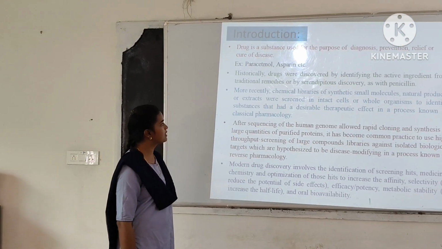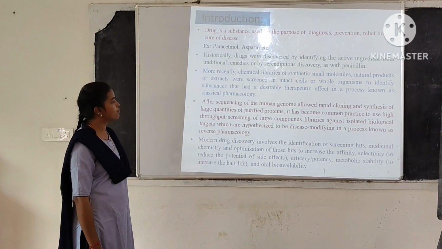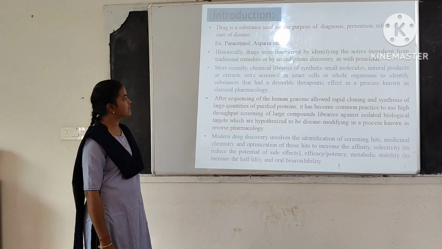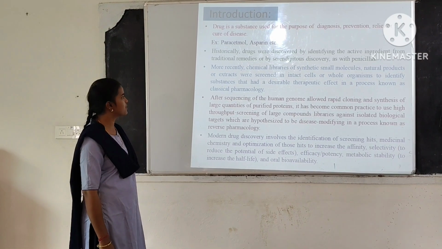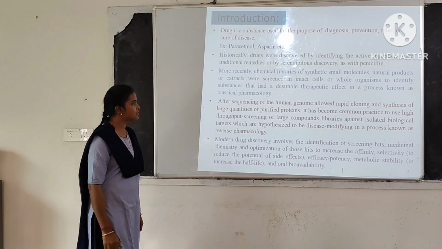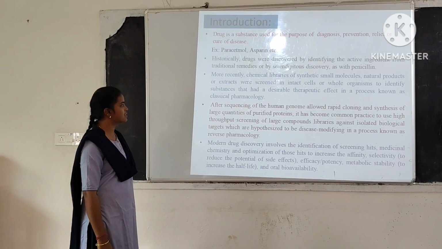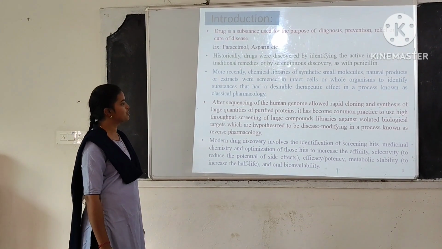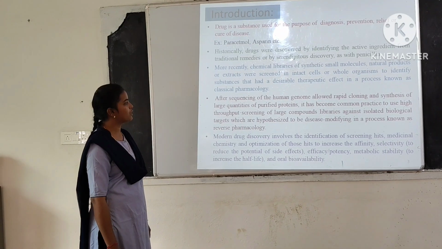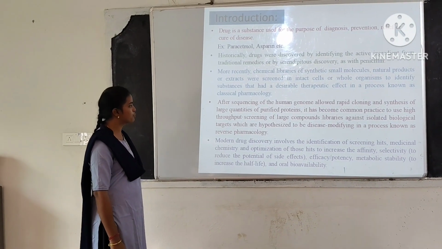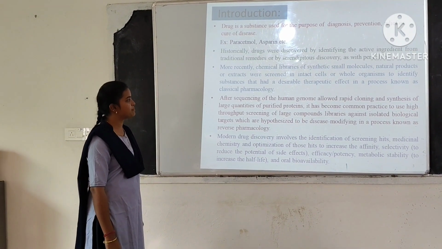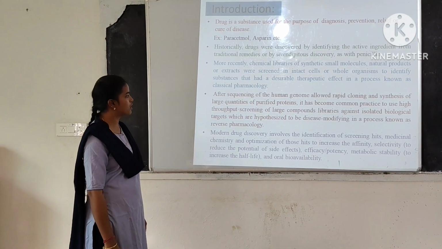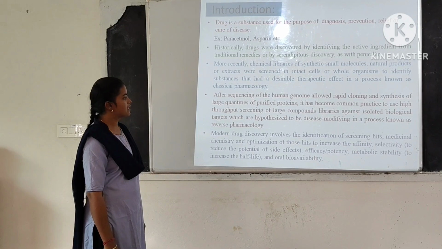More recently, chemical libraries of synthetic small molecules, natural products or extracts were screened in intact cells or whole organisms to identify substances that had a desirable therapeutic effect in a process known as classical pharmacology. After sequencing of the human genome allowed rapid cloning and synthesis of large quantities of purified proteins, it has become common practice to use high throughput screening of large compounds libraries against